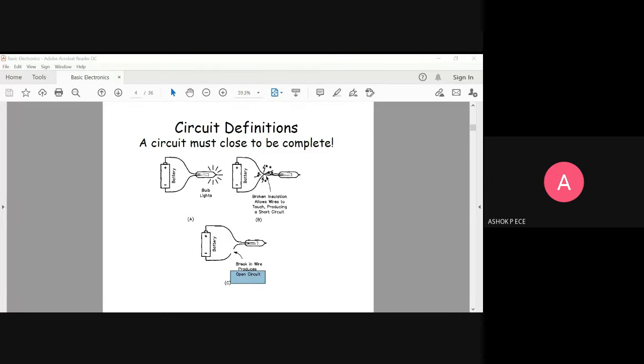So invariably in all our circuits, we are going to use the concept of OC and SC very frequently. At that time, you should not think about the condition for OC and SC. What should spark your mind is: open circuit condition, no current; short circuit condition, no voltage. Okay, so we'll go to the next one.